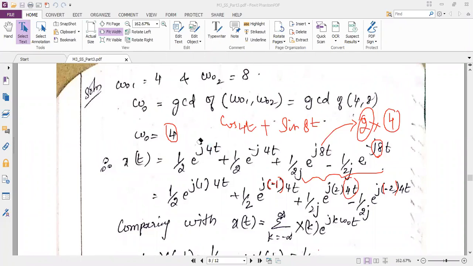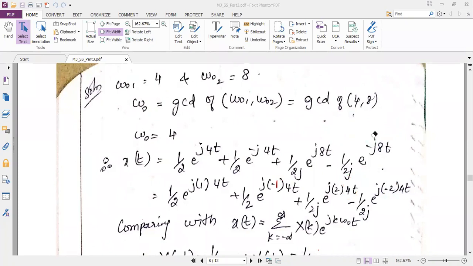So now I hope you understood why we found omega naught. Just to write the powers of the e power term properly, I found omega naught. Since I found omega naught as 4, this 4 I have not disturbed. In the second term, I did not have 4 visibly, but I can write it in such a way that I could get the k values properly. Any doubts here? Anyone? Shall we proceed? Yes, ma'am. Yes, okay, fine.